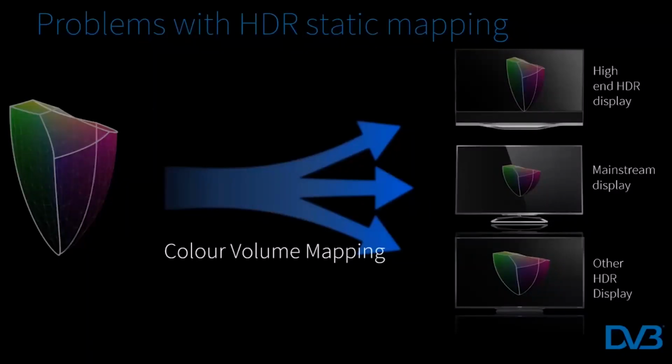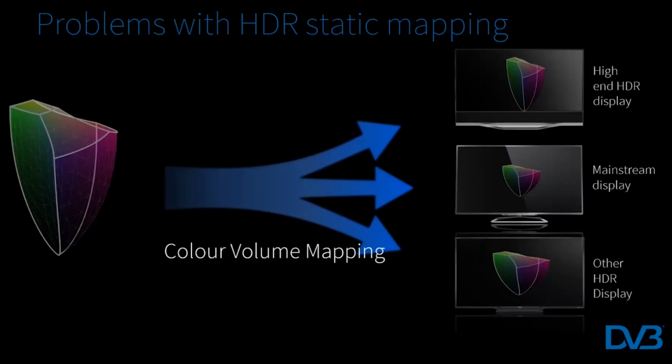You can move on to the next slide, where you can see a little bit more visually what we're talking about with HDR dynamic mapping. So on the left-hand side there, you see a representation of the range of colors and the range of intensities that a reference display could show us. So it's a 3D volume. We call it a color volume, and it represents the complete range of colors and intensities that a particular display can show us. And if we want to take a piece of content that's been created on a reference display like this and map it